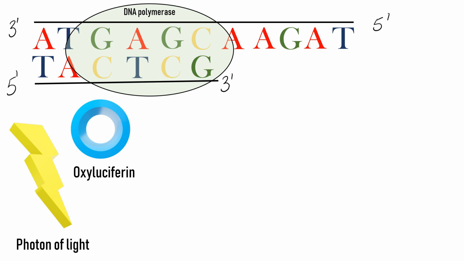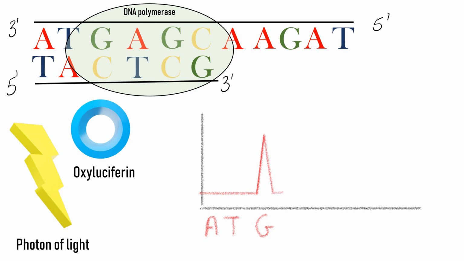This signal is recorded and the output graph looks like this. On the x-axis we can see the nucleotides that are being added and the y-axis shows the light signal. Initially we provided A and T to the DNA polymerase and they were not accepted. Thus there was no light signal, which is why you see a straight line above adenine and thymine. However, on addition of guanine, light signal was received, which is shown as a peak. This tells us that on the template strand C was present and on the daughter strand G was being incorporated.